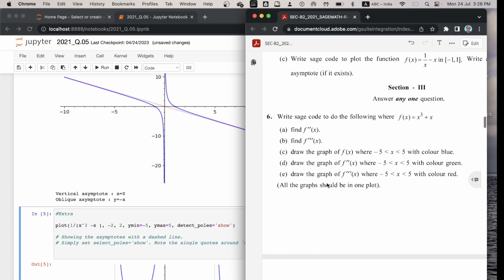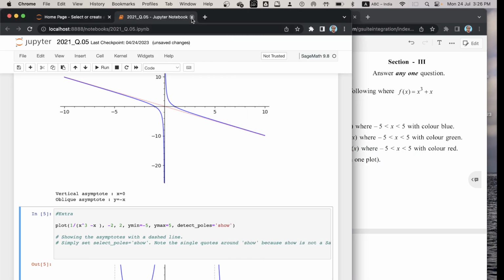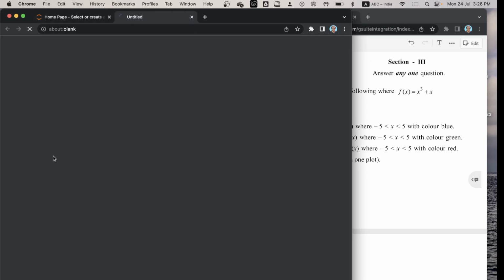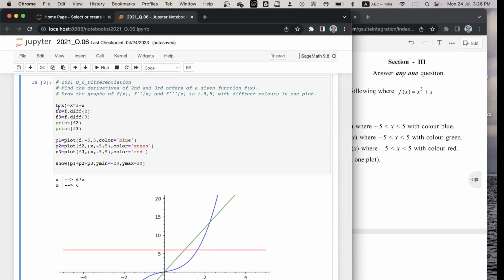Next, section 3. Write Sage code to do the following, where f(x) equal to x cubed plus x. Find f double dash x, find f triple dash x, draw the graph of f(x), draw the graph of f double dash x, draw the graph of f triple dash x, and all graphs should be in one plot. Question 6. Here f(x) equal to x to the power 3 plus x, f2 equal to